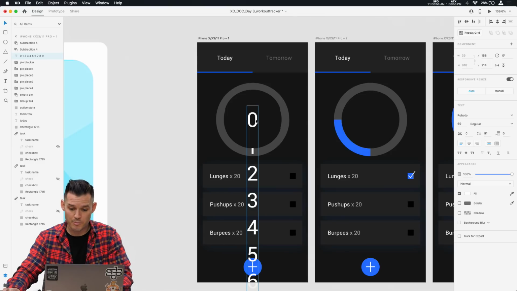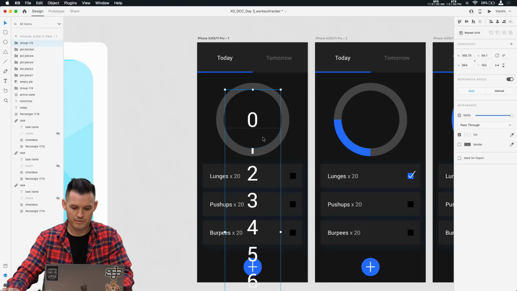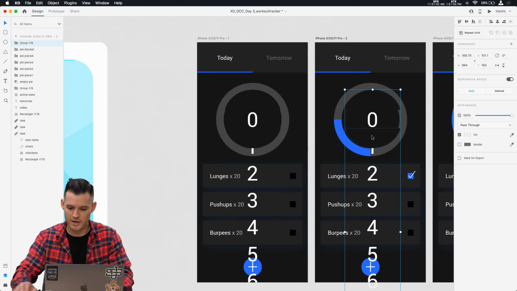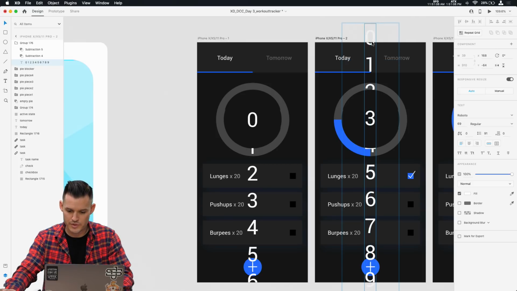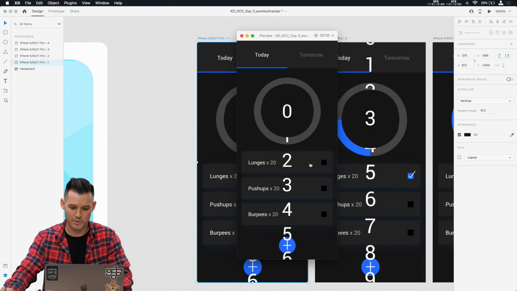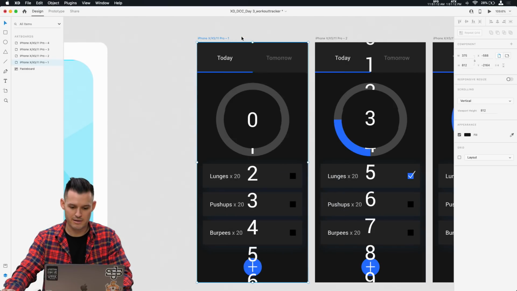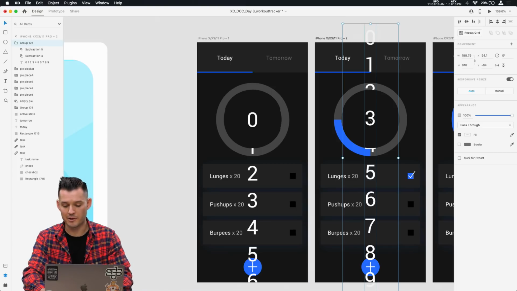But the idea would be that we would take these elements, we would mask them into a shape, right? Obviously a little bit better than what I've done here. And in the next screen, you would be able to see all of these progressing. So now if we prototyped, this is a little ugly, we're seeing the numbers here, but we want to see these numbers move, okay? So that's the idea. Like I said, running a little bit out of time.